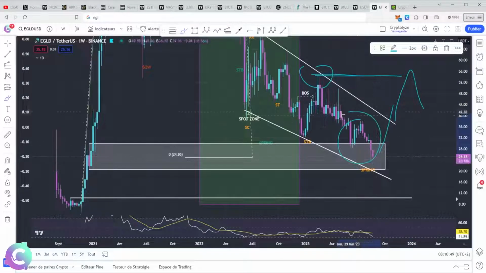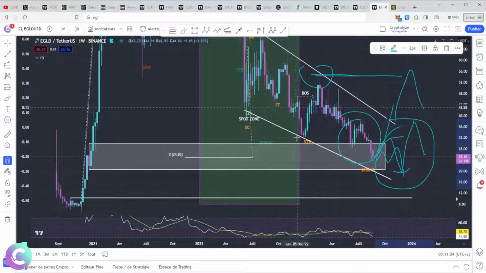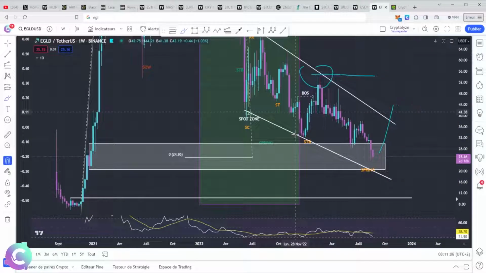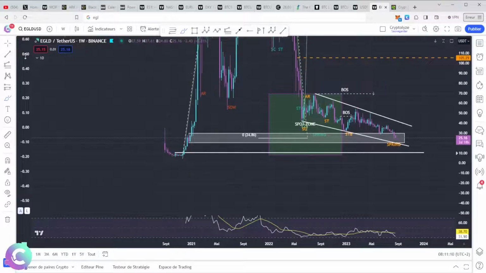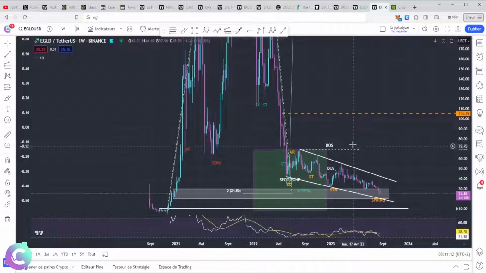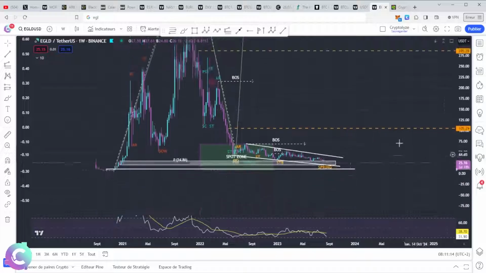So here we don't have these signs at all, and in any case we should already have the first signs, in the sense that we should form a retracement here to fall and then go and break this retracement and make a low lower than the previous. Okay? If we don't have that, that means that we don't have a market downturn, and therefore that means either we are in a DCA and long-term investment policy, and therefore we list our average purchase price, or we wait for the triggers to be able to invest.